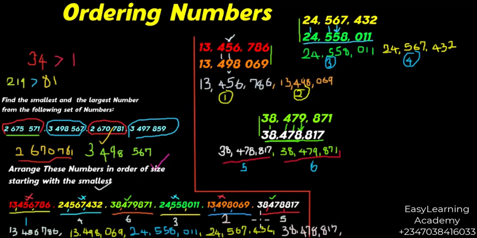Now that's number 6 here. 38 million. All right. Okay, let's have a comma there. All right, 179,000. Good. 871. Right, we've been able to arrange all these numbers that we were given from the smallest, starting from the smallest. Of course, this is the smallest. This happened to be the biggest,